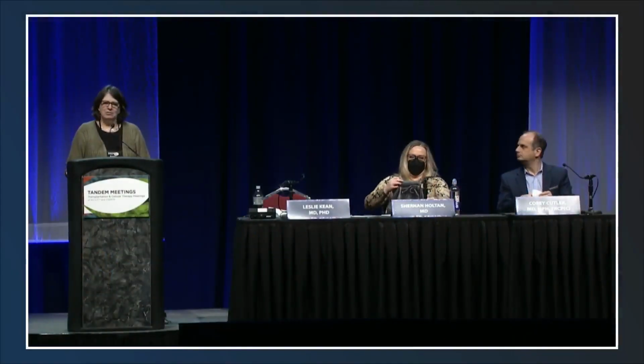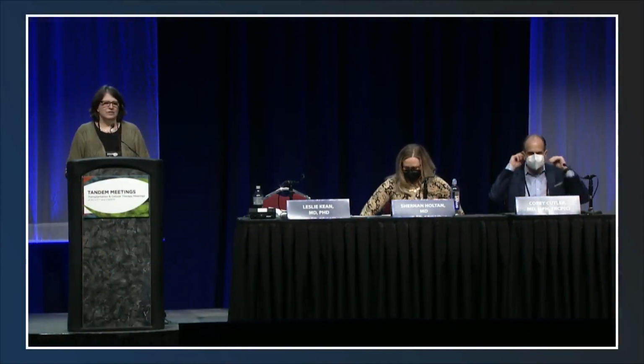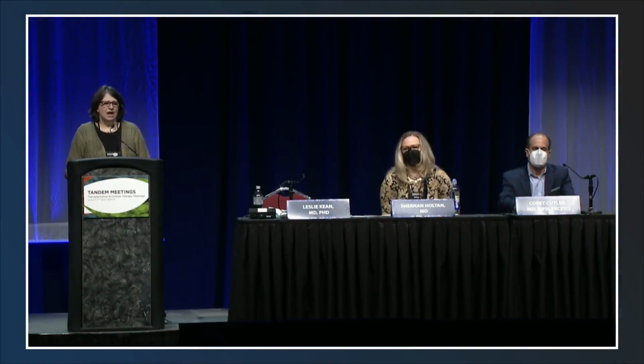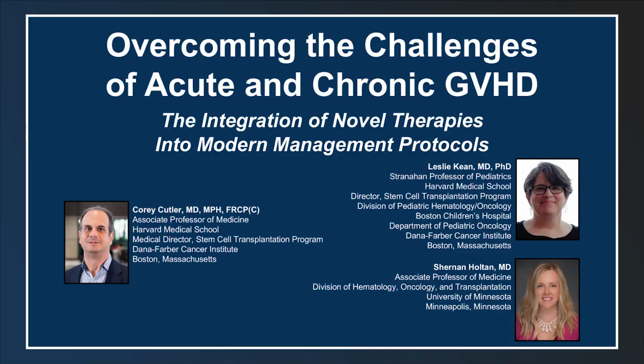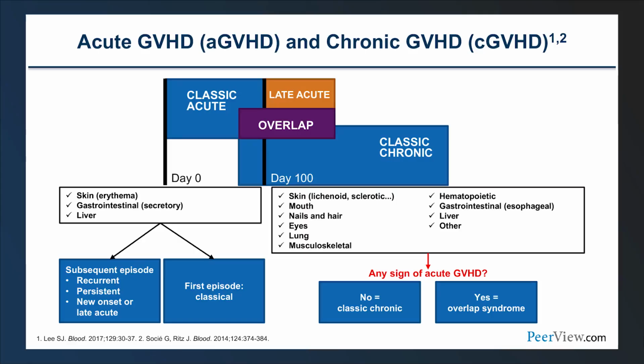Welcome to the Overcoming the Challenges of Acute and Chronic GVHD, the Integration of Novel Therapies into Modern Management Protocol session. Happy that you're here. And I'm Leslie Keene from Boston Children's and Dana-Farber Cancer Institute. I'm here with Corey Cutler from Dana-Farber and Shernan Holton from the University of Minnesota, and we're going to be your speakers today. I'll start the meat of the session, and I want to thank Corey for this wonderful